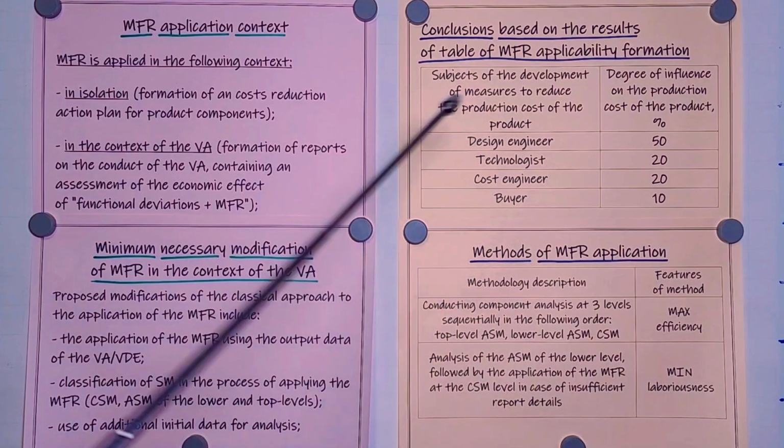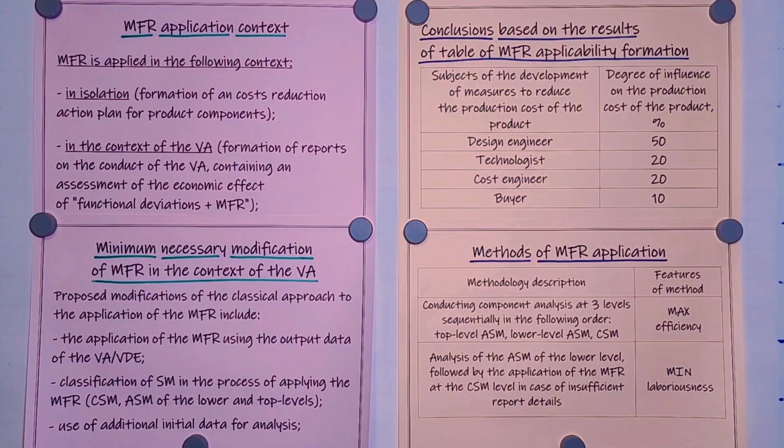Okay, let's conclude all this information. The maximum effectiveness of the use of MFR in terms of assessing the possible effects of cost reduction is achieved by analyzing the component at 3 levels, sequentially in the following order: top level abstract functional model, lower level abstract structural functional model, and complete structural model, i.e. actually using the deductive scientific approach or an analog of